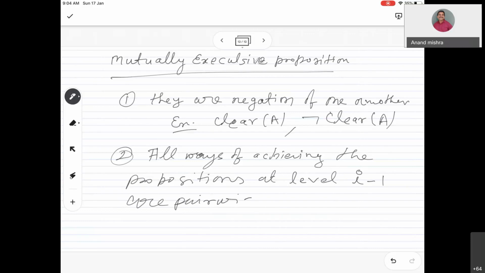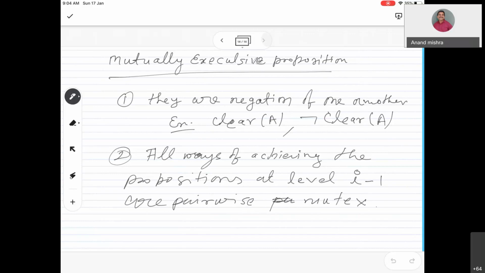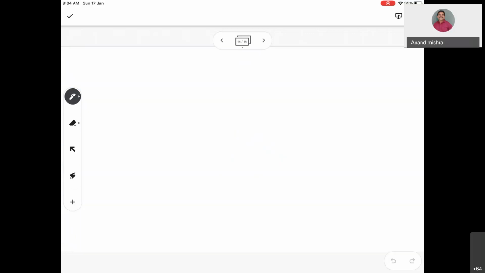So in the previous layer, if they are pairwise mutex, then in the next layer they will also be mutex. So that is very simple. Okay, having these discussions around mutex,